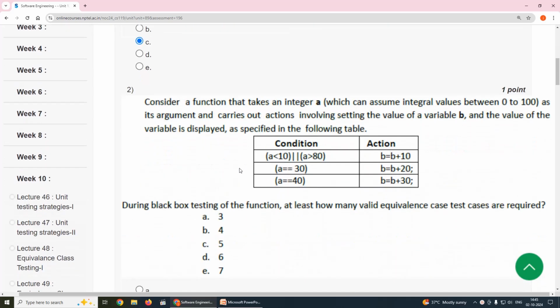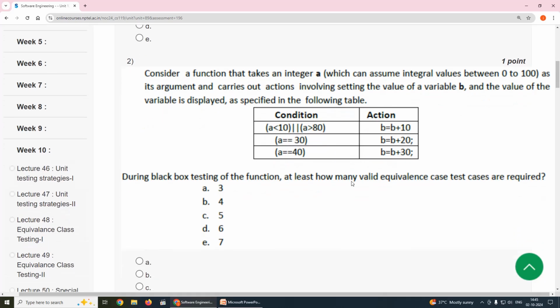Second one, they have given condition and action. The input variable is A, the output variable is B. A less than 10 and A greater than 80, for that B equal to B plus 10; A equal to 30, B equal to B plus 20; for A equal to 20, B is equal to B plus 30. So the question is how many valid equivalence test cases are required. Our suggestion is option A, 3